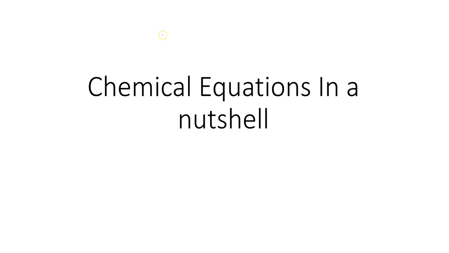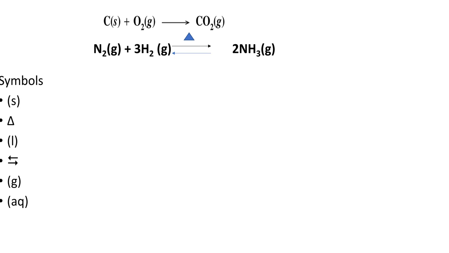All right, we're going to take a look at chemical equations. These are basically representations of a chemical reaction and use symbols to represent it. And we're going to go over the different symbols that you'll see in a typical chemical equation. So first off, if you see an S in parentheses next to a chemical, that tells you that the state